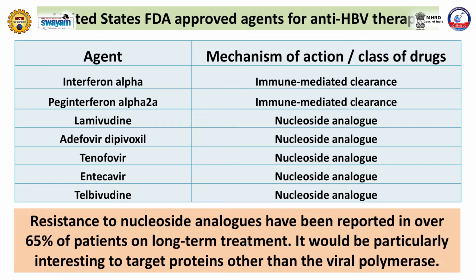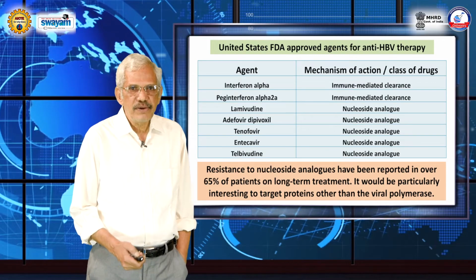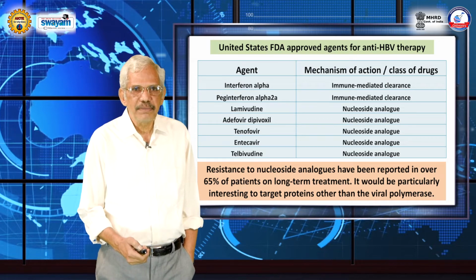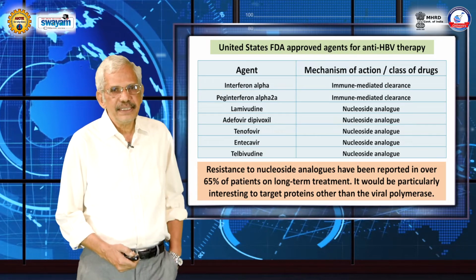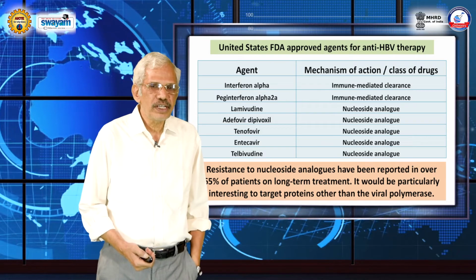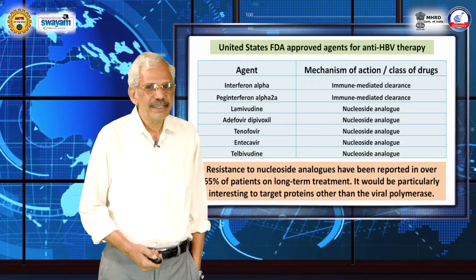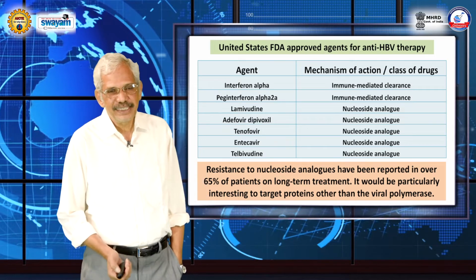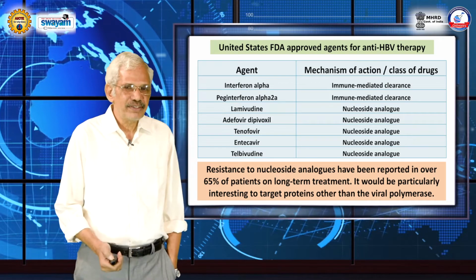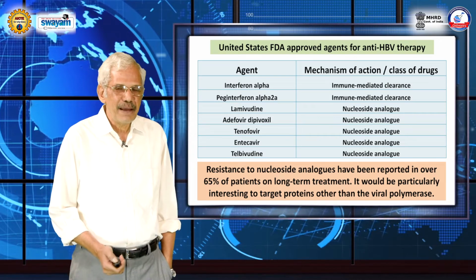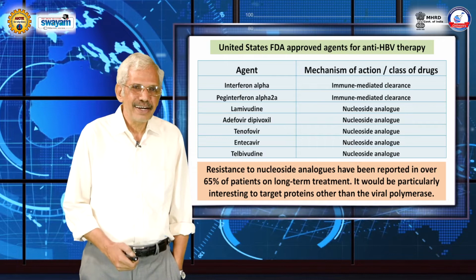So, how do I now target a protein that's not a polymerase and that's not a nucleoside analog? Now, can you do something about it? So, this is a question that he posed. I said, well, it's very easy for me. Just give me 14 years and $2.6 billion, and I will definitely give you a molecule. Well, I'm serious. More seriously, I said, just give me 3 hours. I can make this happen within India on my computer at IIT.